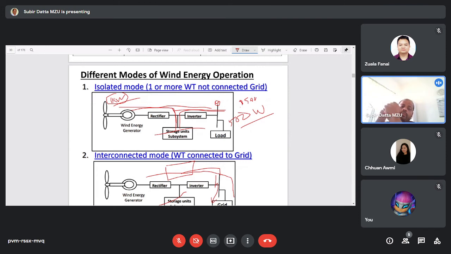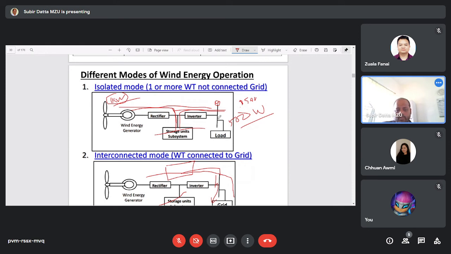Isolated mode means that the wind turbine conversion system will not be connected with the grid. There may be one wind turbine or more than one, but they are not connected to the grid. So an isolated system is a standalone system. Whatever wind energy is converted into electrical energy, that entire energy will be fed to the load. This type of system is called the standalone system, or isolated mode